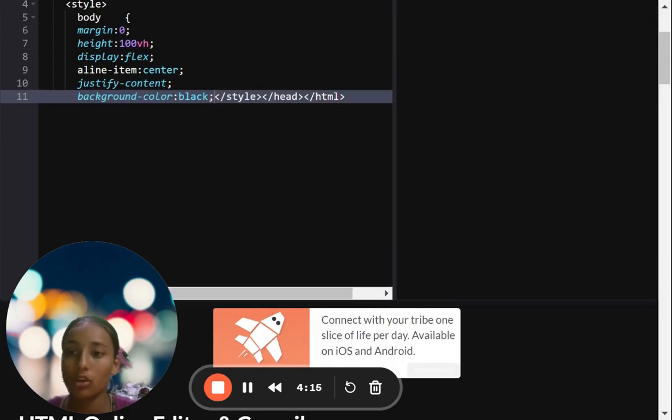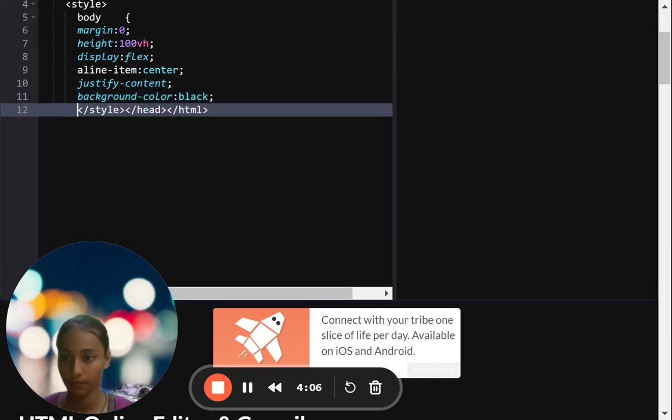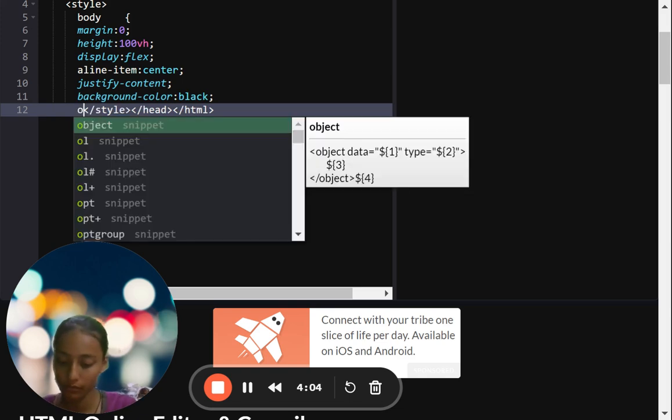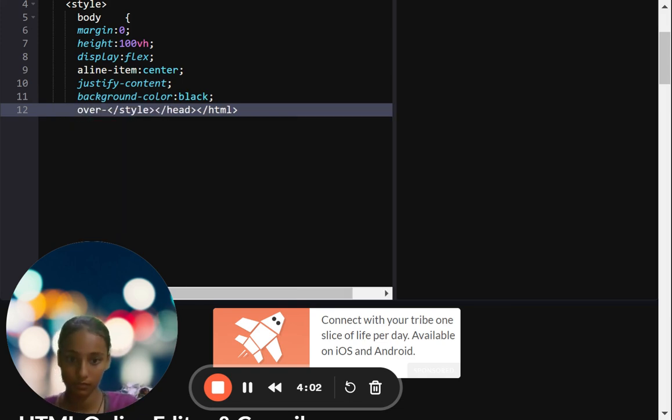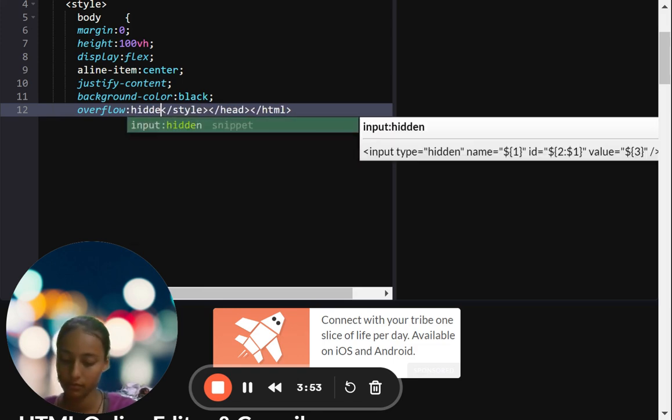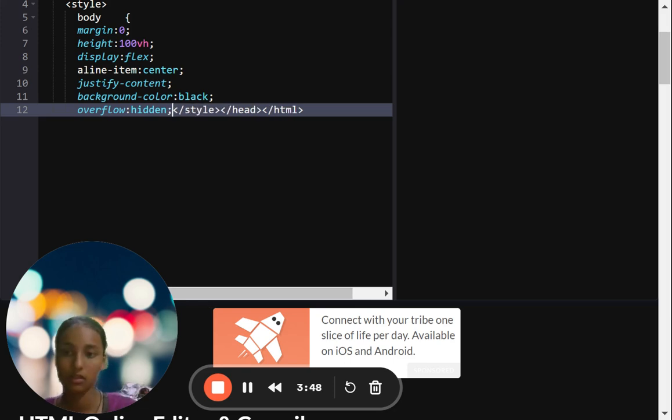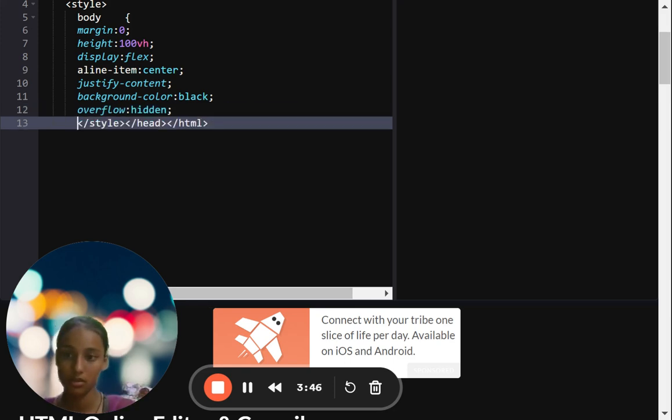So here the background color is black, as I have told you. Then we are gonna give it overflow hidden. Okay, then here we will close the bracket and